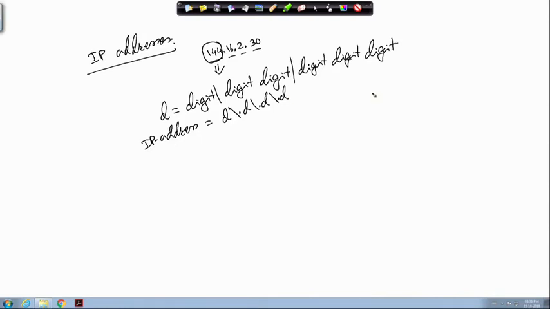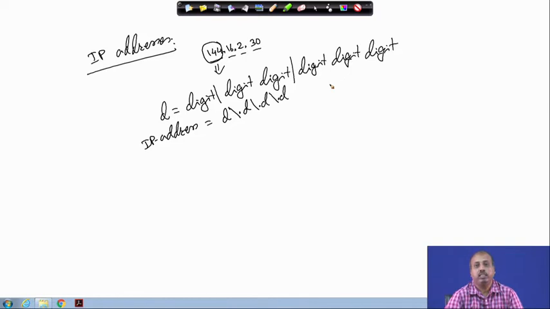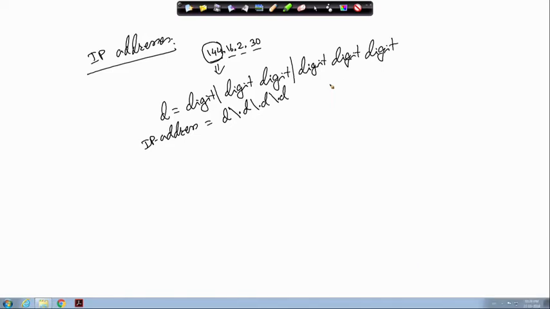Of course, I did not check whether these values that are coming are valid or not, but that is not the purpose of the lexical analysis tool. That will be done by the parser or some high level program which will be having the values. What the lexical analysis tool can do is identify the matching number, and it can return that part as attributes. Then the high level program can check whether those values are correct or not. So that way we can have some regular expression for IP addresses.